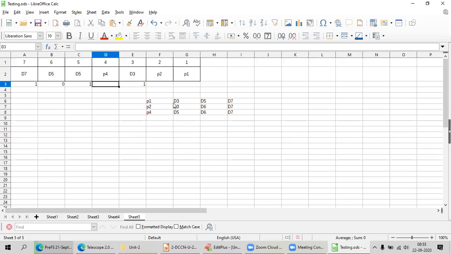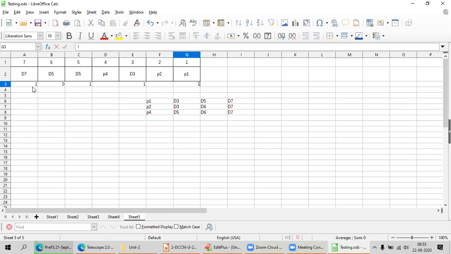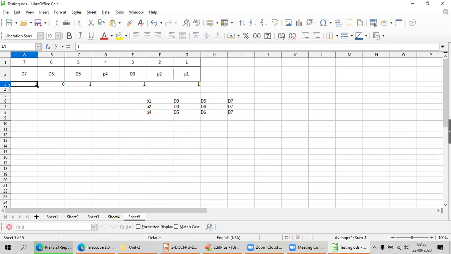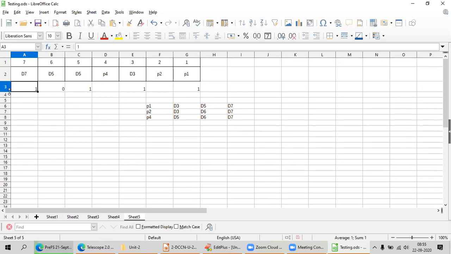According to that, D3, D5 and D7: in all three positions I have ones. So I want to make it even parity, and in the P1 position I am going to add 1. Okay, are you understanding now? Any doubt, please let me know.